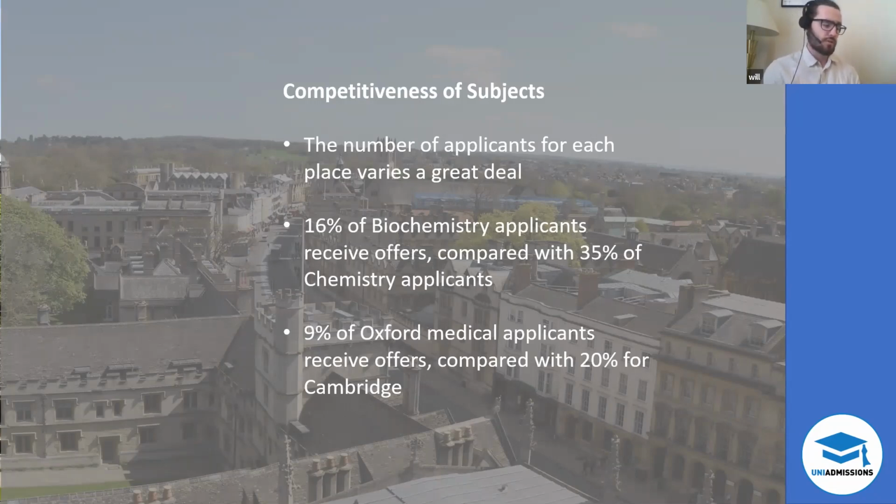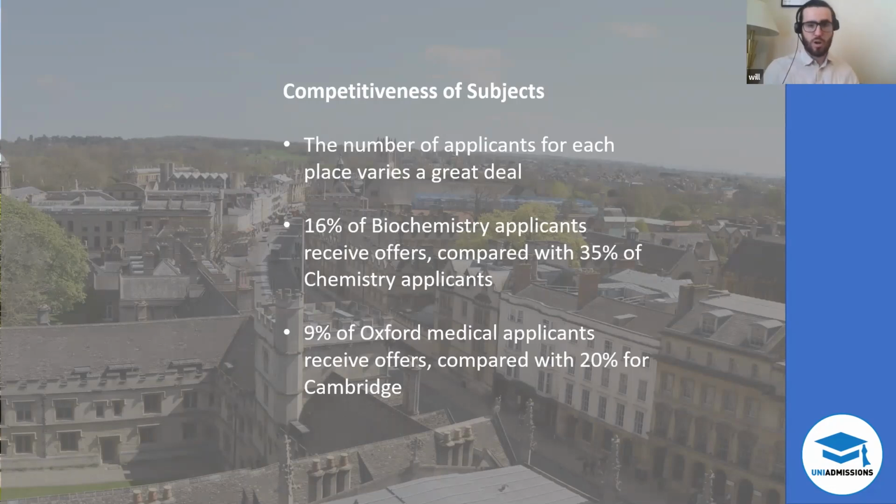And this means a couple of things. Firstly, if you're applying to Oxford and you get to interview, you know that roughly speaking, half of the people at interview are going to have a place and half won't. Whereas at Cambridge, when you get to interview, only about a quarter of the people there are going to get an offer. So once you've got to interview, your work's still cut out for you, and you don't really know if you're in the top 20% or the top 80%. So it's very difficult to tell.